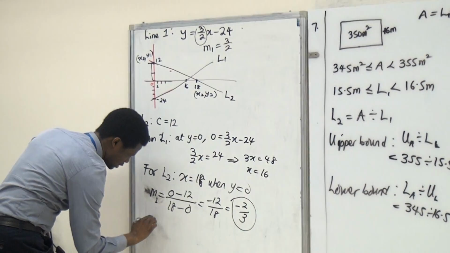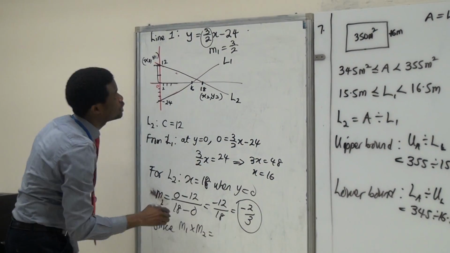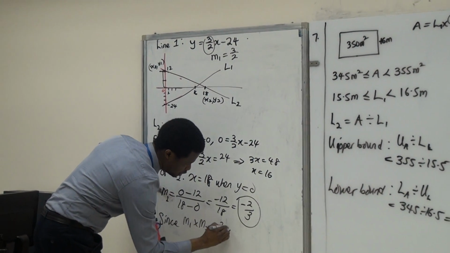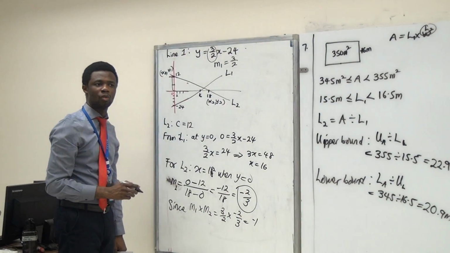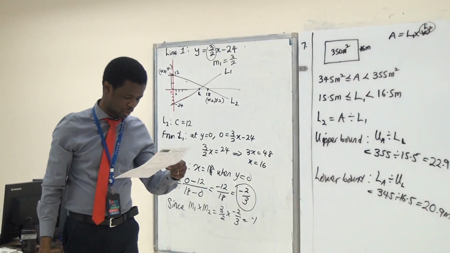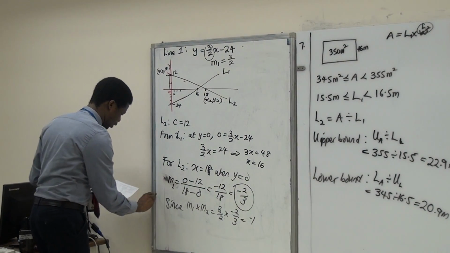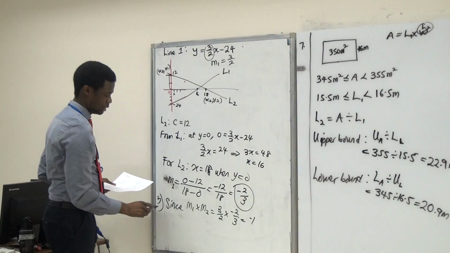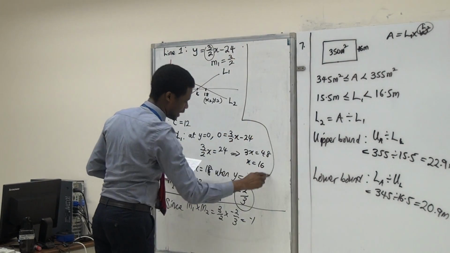So I just need you to say, since M1 times M2, then you do the computation. 3 over 2 times that is negative 1. Then L1 and L2 are perpendicular. Oh, the equation of L2 was the first question, sorry. This is B part of the question. Okay? The A part of the question